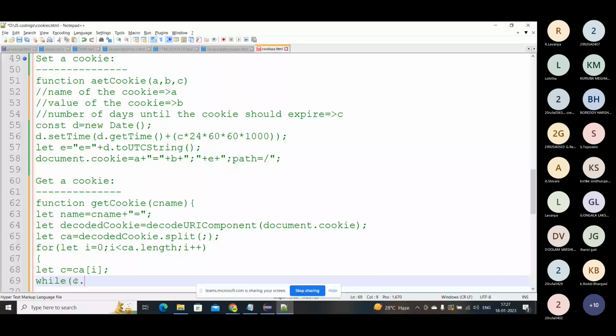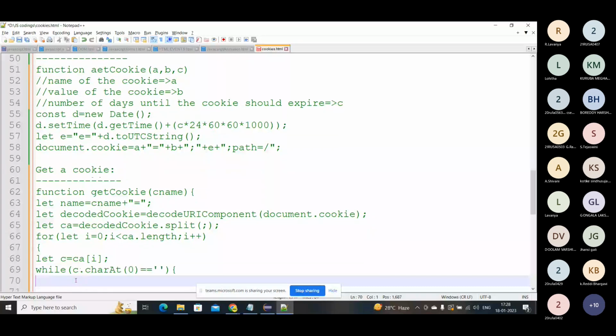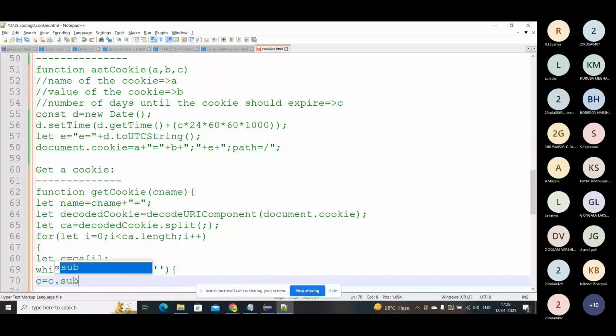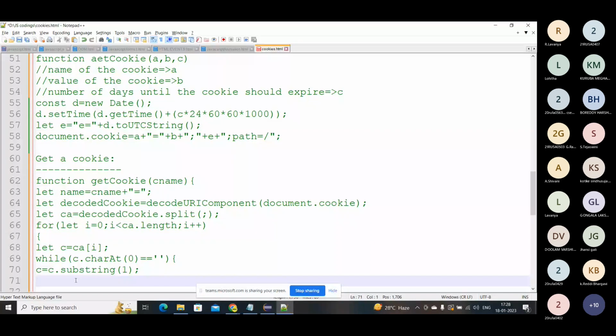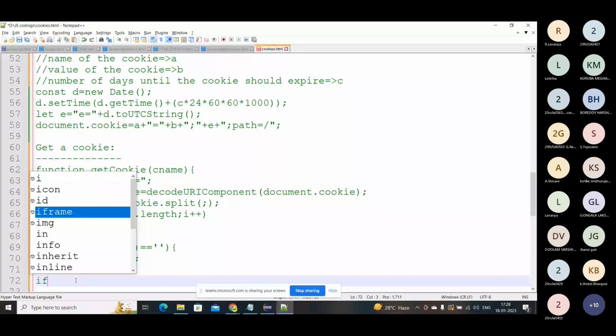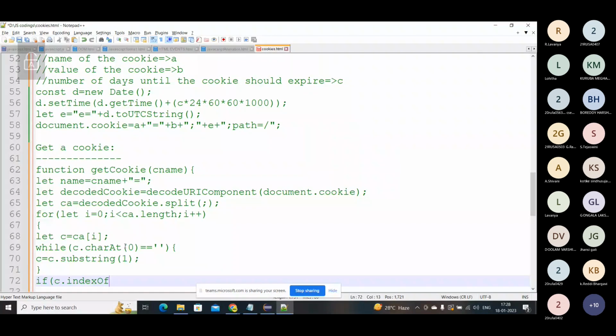If it is empty, then what happens? You need to assign it the substring, with some string of 1, and the if statement is c.indexOf. I hope you guys know what charAt and indexOf are.